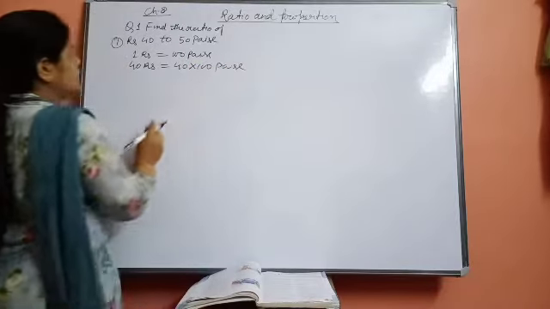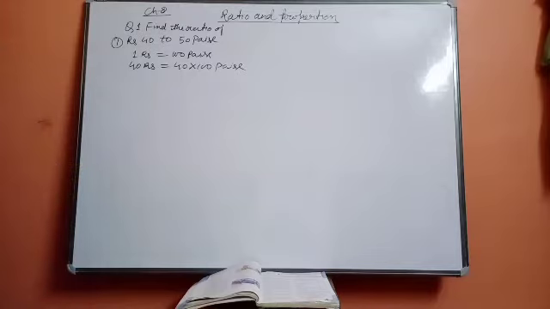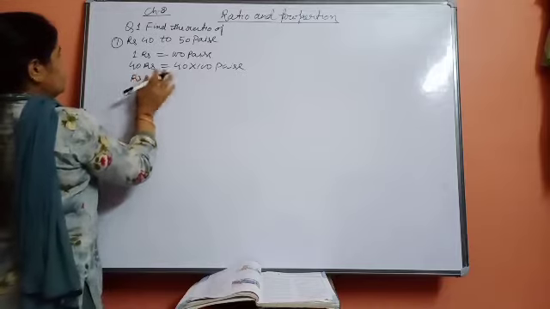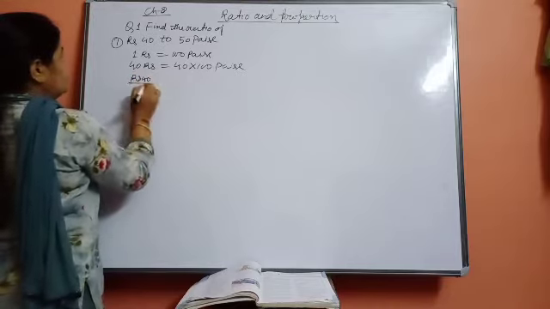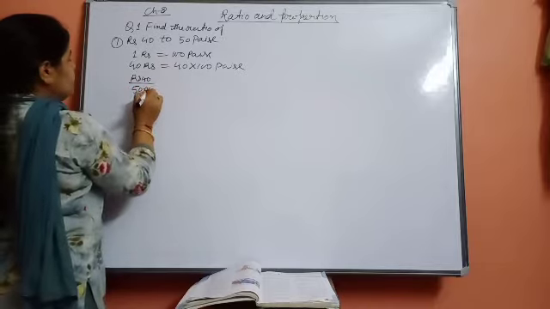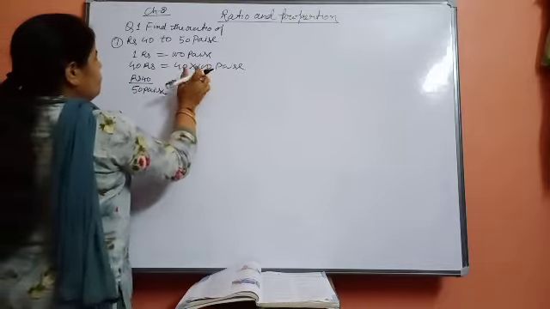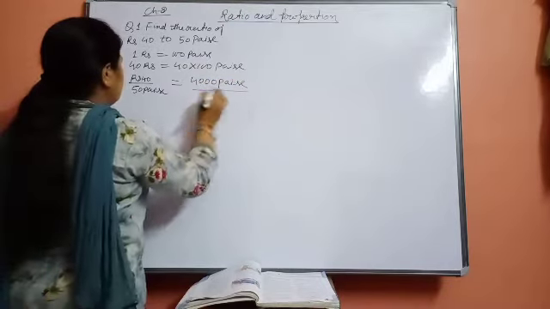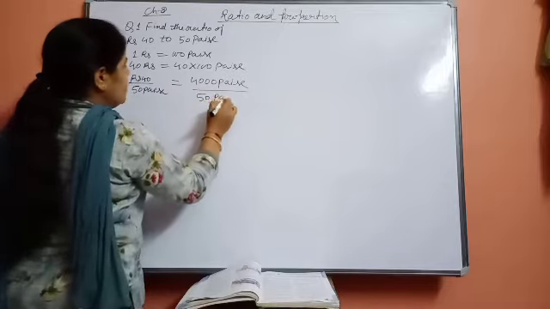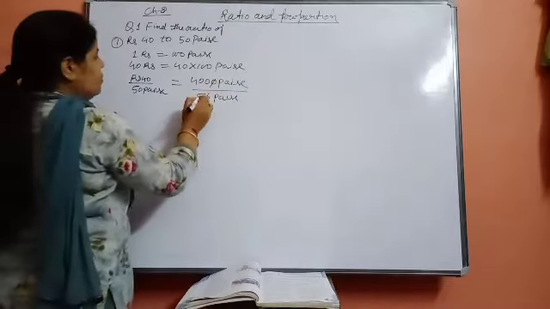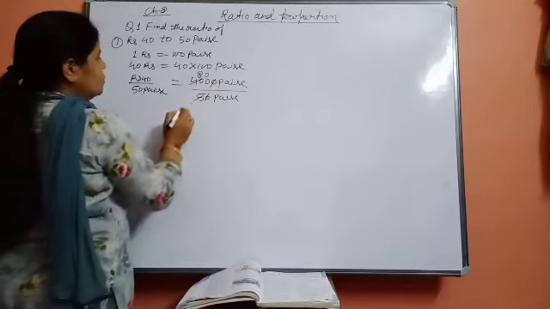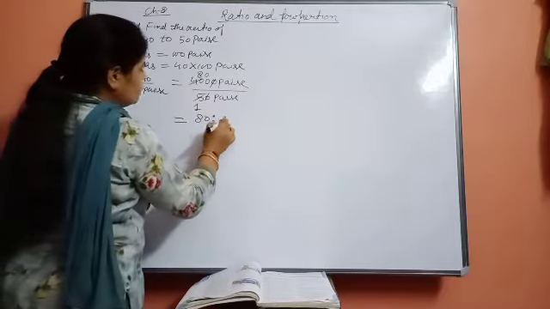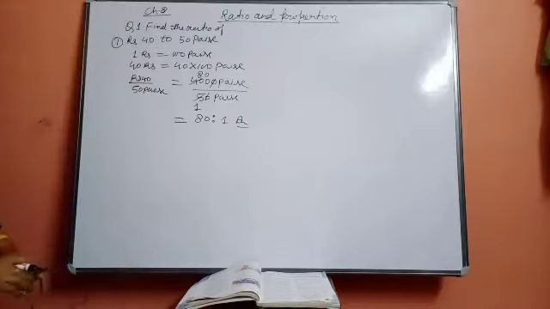Ratio means division. Now see how we can do it. Rupees 40 upon 50 paise: 4000 paise, which we converted into paise, upon 50 paise. Now 5 eights are 40, and 5 ones are 5. So it will be 80 ratio 1. This will be your answer: 80 ratio 1.